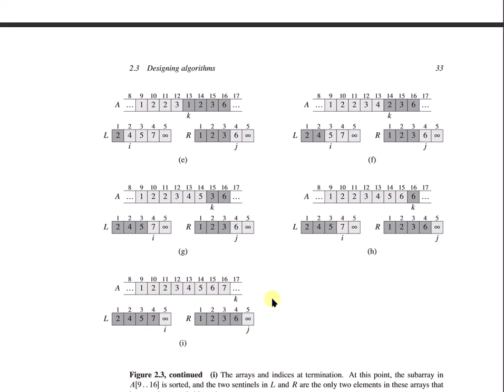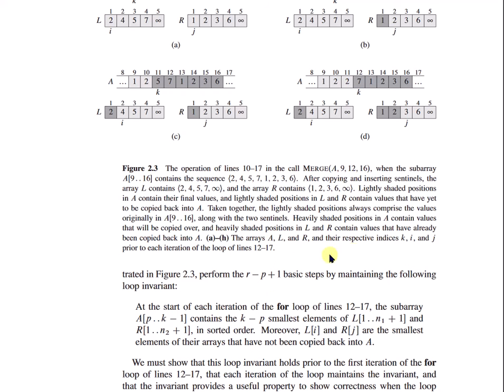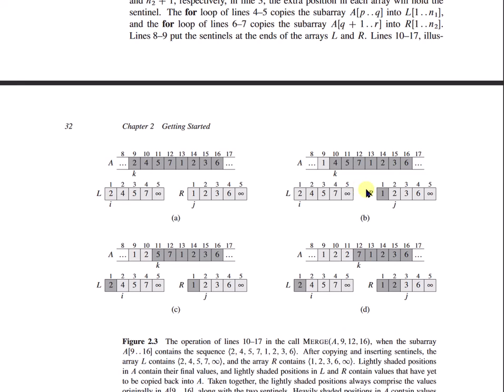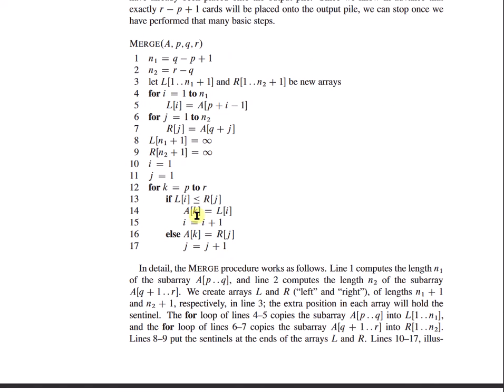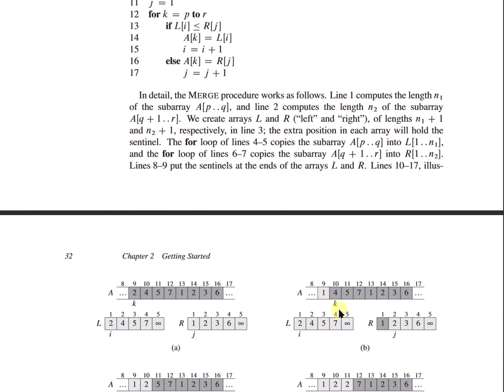Okay, the figure continues on the next page. It shows the arrays A, L and R and the respective indices k, i, j prior to each iteration of the loop of lines 12 to 17. The first iteration is this, and what is the code? For k equal to p to r, if L of i